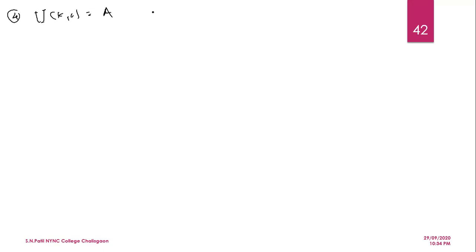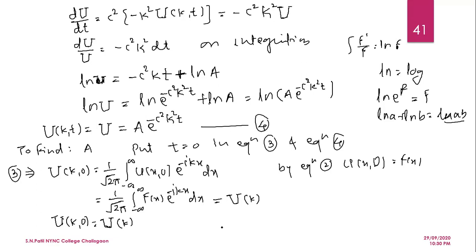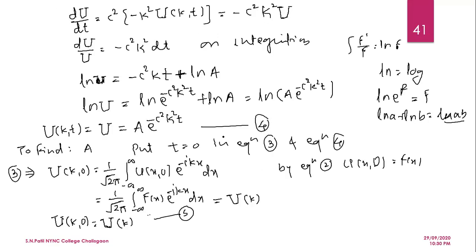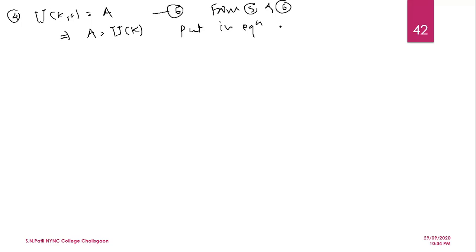Now see, suppose this is equation number 5 and this is equation number 6. From 5 and 6, the left hand side is the same, so it implies the right hand side is also the same, that is a = capital U(k). Okay, and put this value in equation number 4. That is, equation 4 implies